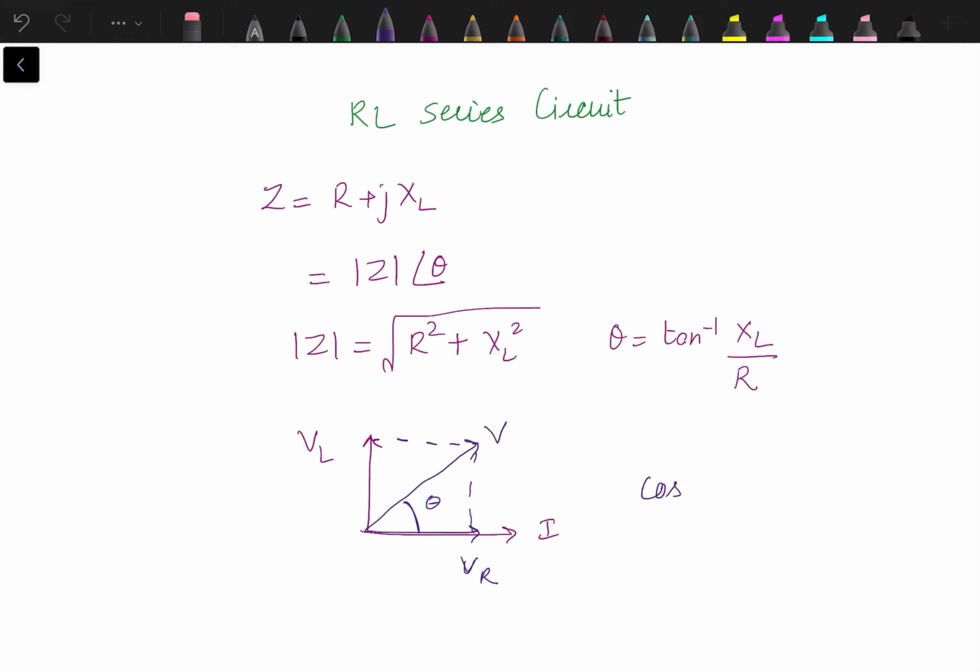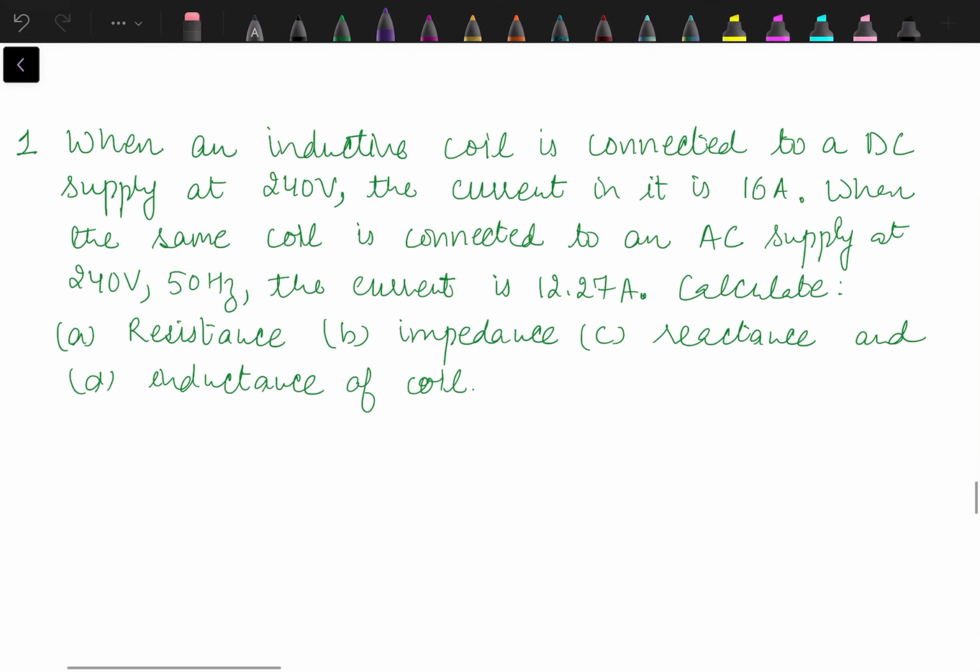And power factor cos theta or cos phi is given as R by Z, and it is lagging power factor in case of RL series circuit. Now let's start with the numerical problems. I am not going into too much detail of RL series circuits. The first problem is,